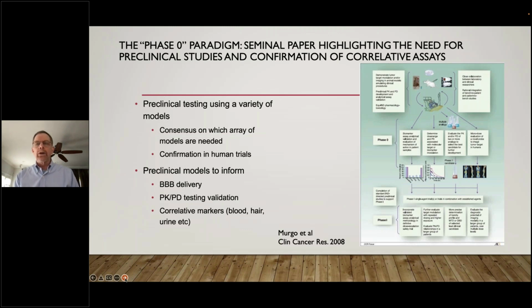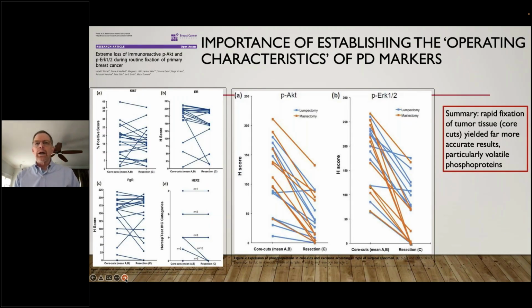And then you're going to go on to confirm this in clinical trials. And again, in the preclinical model, you get an early sense of delivery. You could validate your assays of PK and PD, so pharmacokinetics, looking at drug delivery, and pharmacodynamics, looking at the effect on the target. So really, really important. And I think that's underscored in this study that was actually published in breast cancer, where